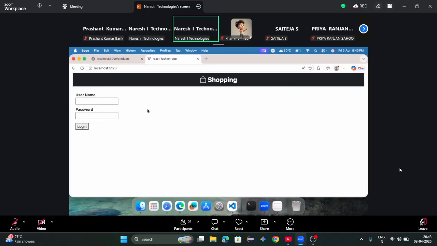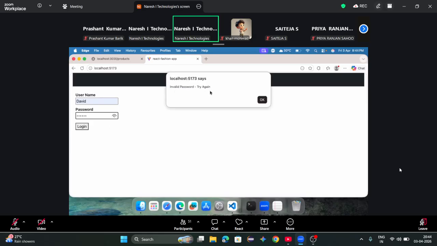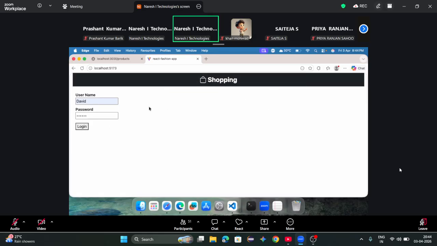So let's see now. I am entering a username and a wrong password, and login. It says invalid password, try again. Okay, I cannot go to home. I will put the password admin and login. Then it will navigate to home. That means we can handle the navigation dynamically. Dynamic navigation means depending on the situation, it should be able to go to that particular location, and that we can implement